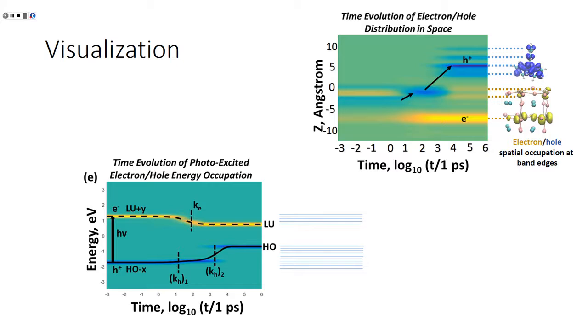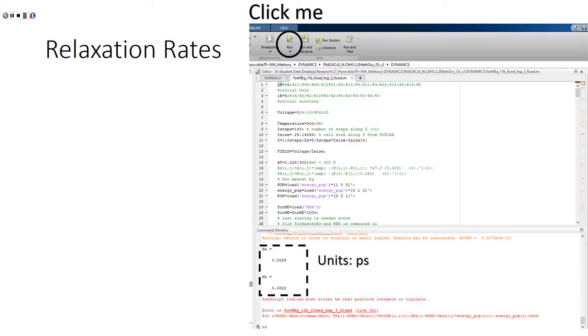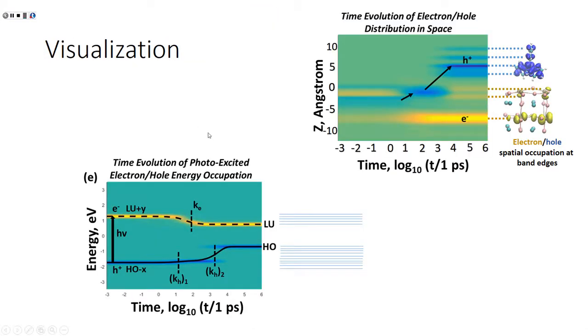And then along with the relaxation rates, you also have a couple of figures that will pop up after you click the run button. One of them, on the top right, is the time evolution of your electron and hole in space. On the left is the image that shows up, and on the right is just an overlay of the HOMO and the LUMO orbital on a donor acceptor model that I was working on over the summer. And you kind of see how these changes in the colors correspond to changes in charge occupation on your